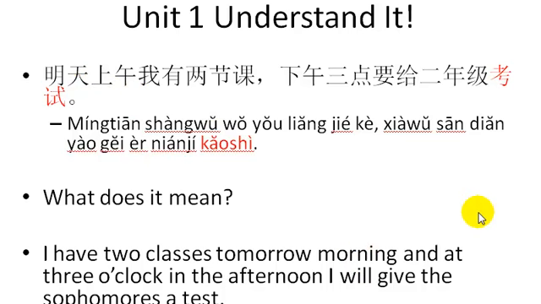So what about you? 你明天上午有几节课？ How many classes do you have tomorrow morning? 你明天下午有几节课？ And 几 is like 几点, right? So how many classes do you have in the morning? And then do you have a test tomorrow? 你明天考试吗？